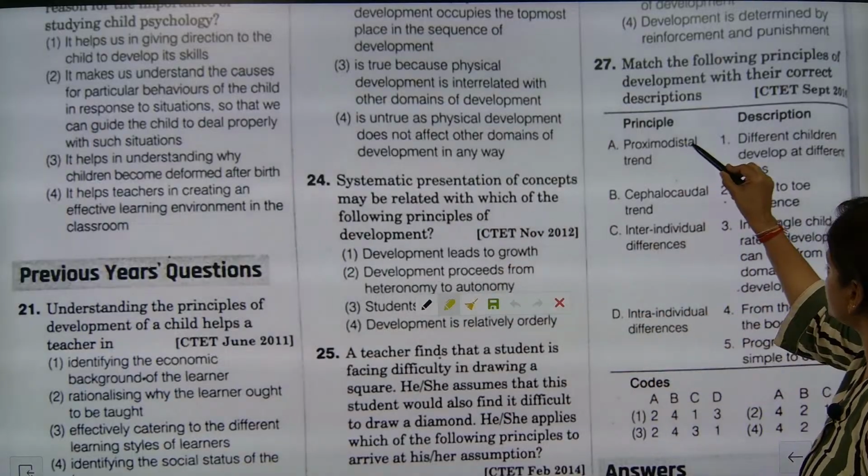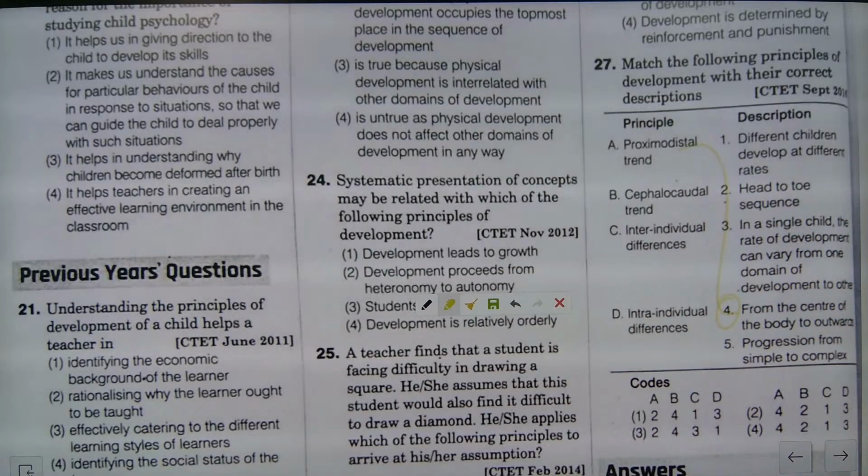Look here. First part, proximal is fourth. So when proximal is fourth, cephalocaudal is 2. First one is fully wrong. This 2 will not be the answer. Now this 2 we will check. This is correct. This is correct. Now here 1 and 3 are written, so both can be answered. But here